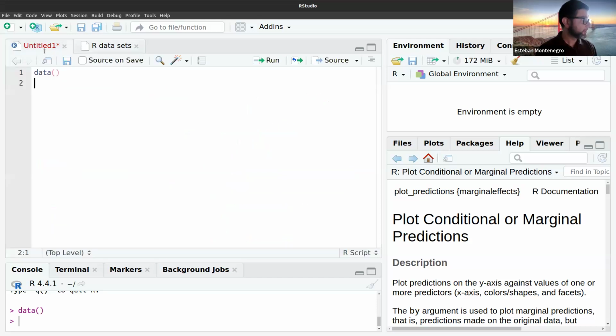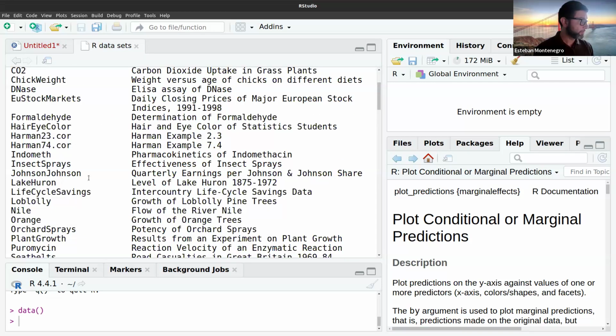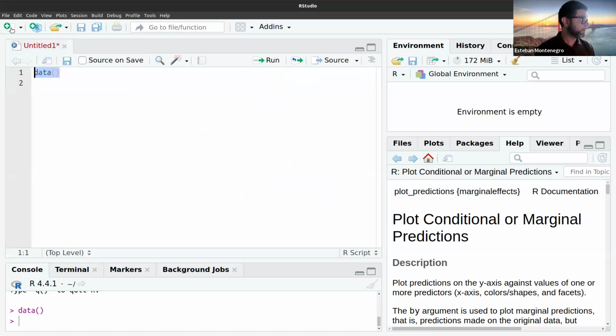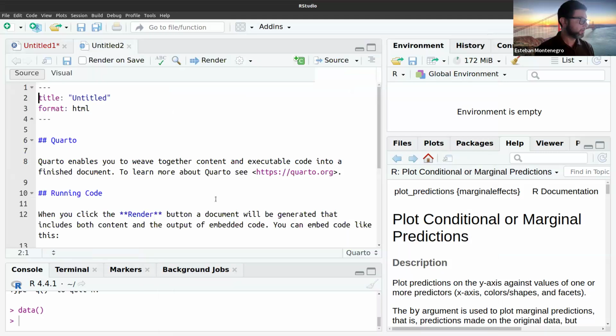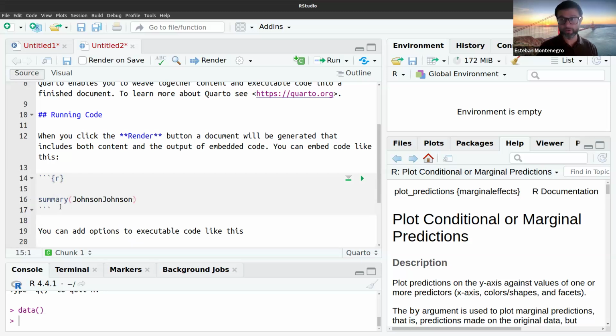So what is the solution? Just for assignment number 1, for those who are still working on that one, right? Just use it once, in order to check which data set you want to use, right? So let's imagine I want to use Johnson & Johnson, right? In your R chunk. And let's create a new document, just for fun, just keep it there. So what you do is just to use the name of the data set